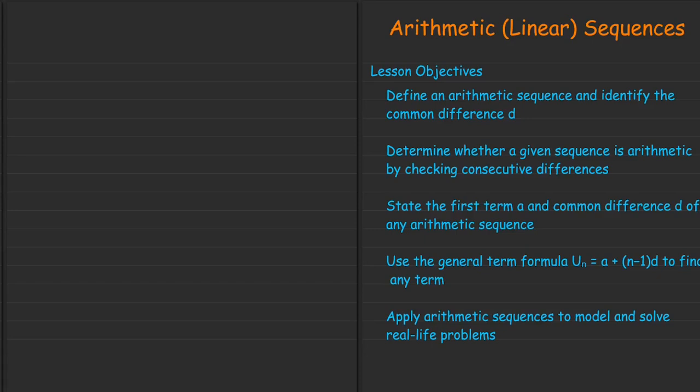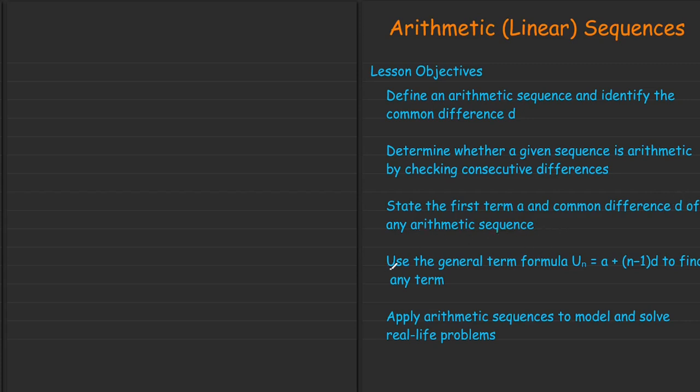In this lesson, we are looking at arithmetic sequence, that is linear sequence. And by the end of this lesson, you should be able to define an arithmetic sequence and identify the common difference D. You have to be able to determine whether a given sequence is arithmetic by checking the consecutive differences. And then you'll be able to state the first term, that is A, and the common difference D of any